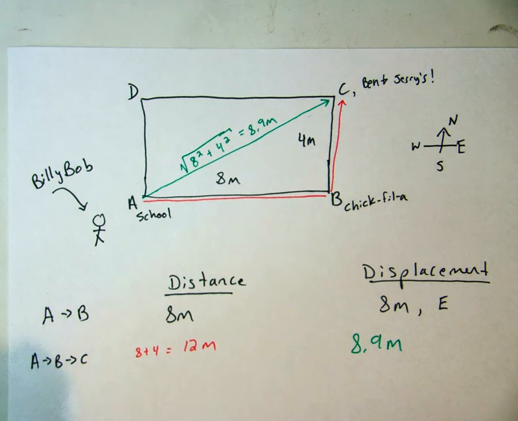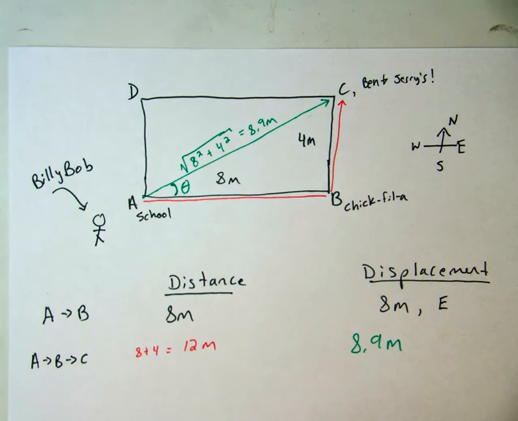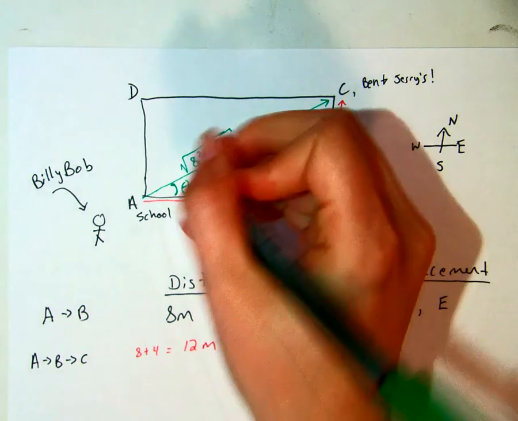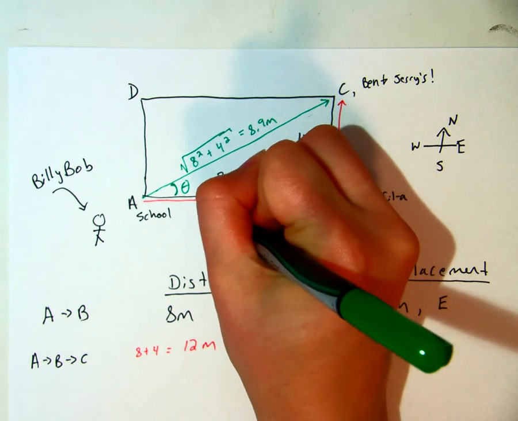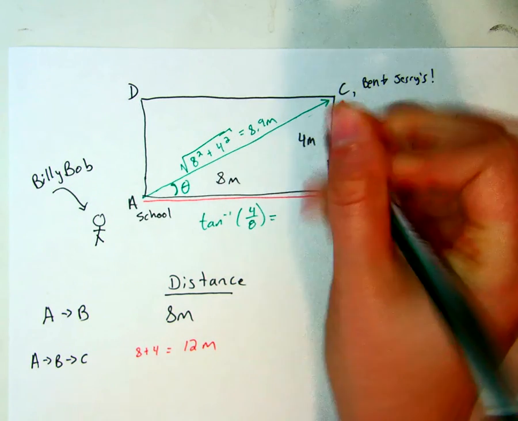Okay. Well, I also need a direction. And while in this case it can be very tempting to say, oh, this is just in the northeast direction, the reality is northeast is an exact 45-degree angle. And we can't do that in this diagram, because this is not a 45-degree angle. Okay. I'm going to use inverse tangent. Inverse tangent of 4 over 8. And that's going to give me an angle of about 26.6